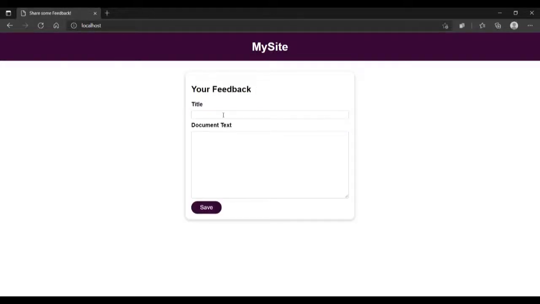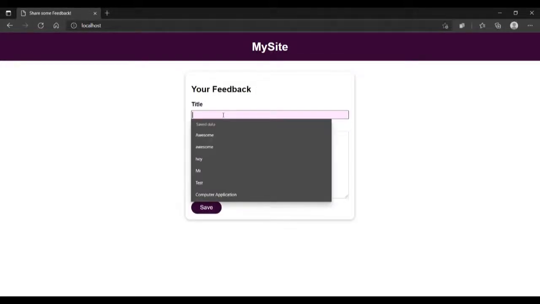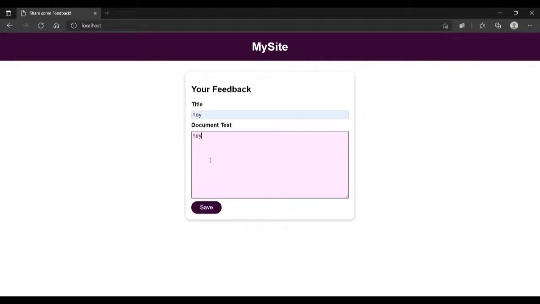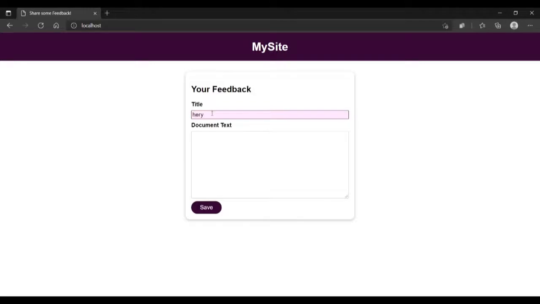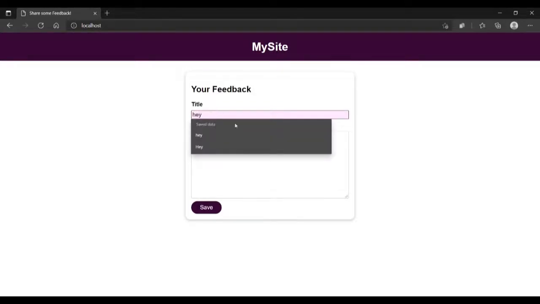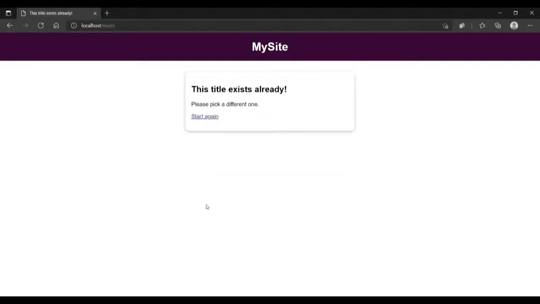So we will have to put another one, say hey there. If we save it, it will save. If we type hey again and save, it will not allow. That means this title exists already.